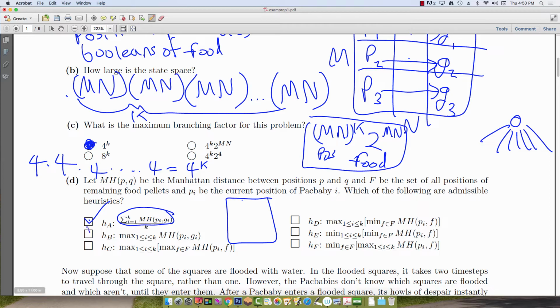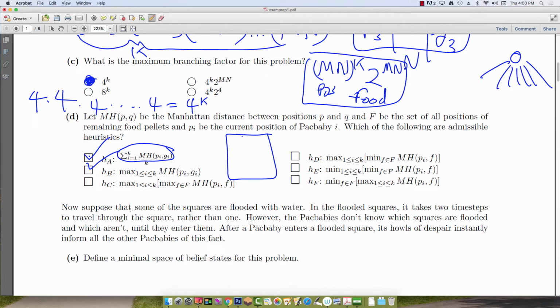So this is also going to be admissible, because if we have some case like this, where P1 is like 100 distance from its dad, and P2 is like 10 distance from its dad, even though the Pac-Man can move together, one step together in every time step, we have to wait for P1 to get to its dad